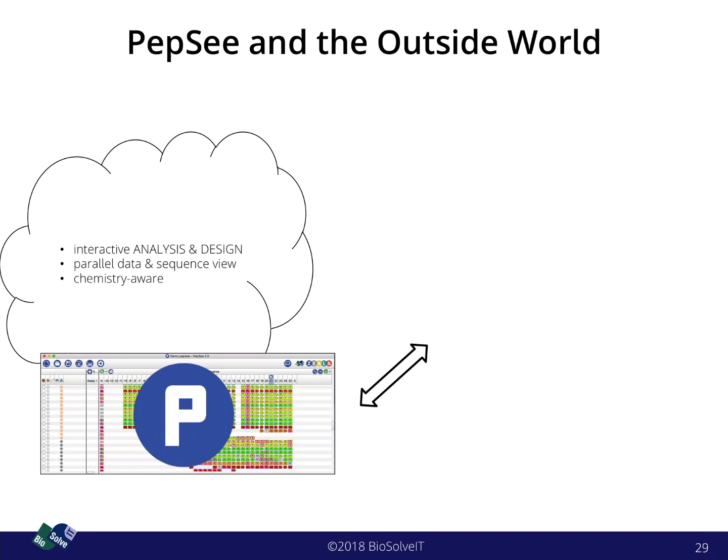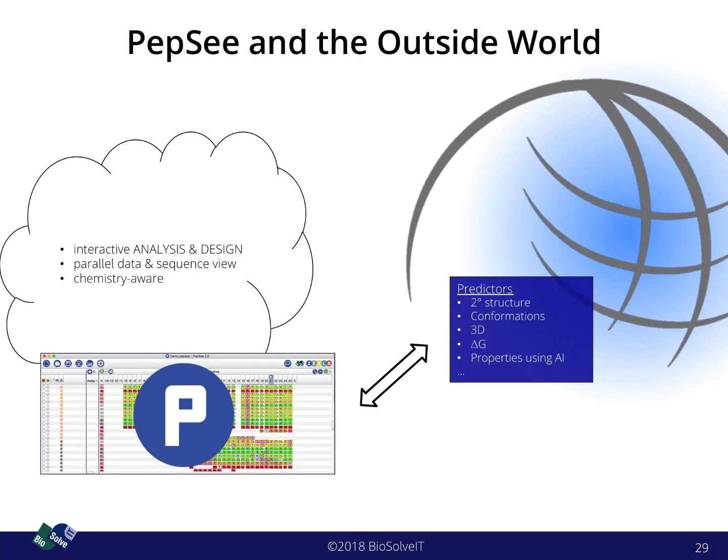So once we take a look at PepSee, which is today an interactive analysis and design tool, which does this chemistry-aware data display and sequence coloring, filtering, etc. The obvious thing is a connection to the outside world and what is there. So especially the predictive methods, such as secondary structure predictions,